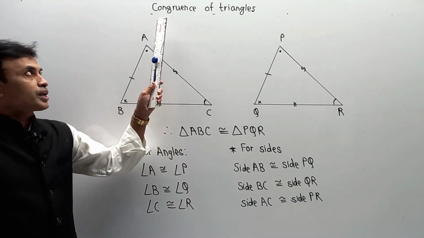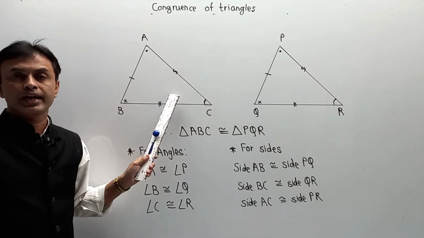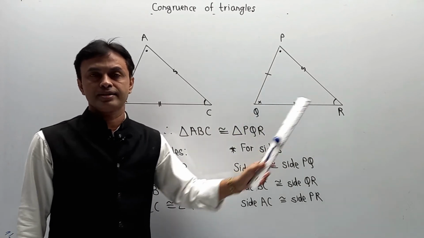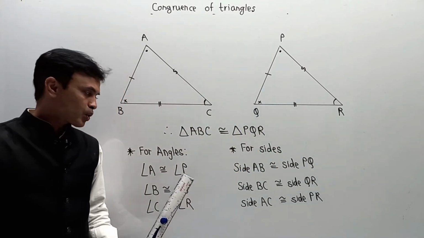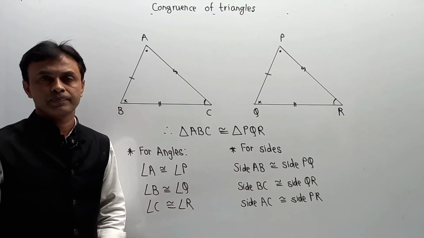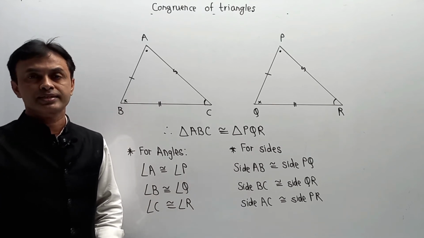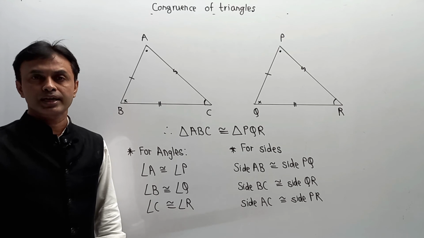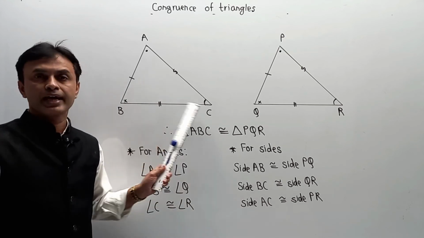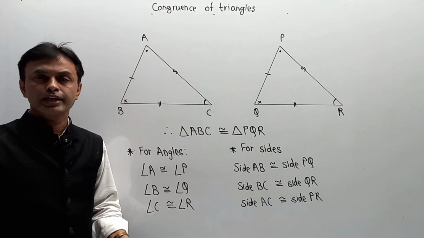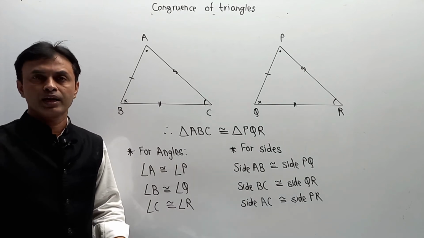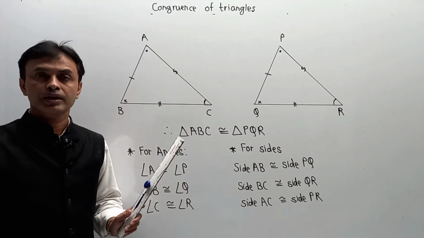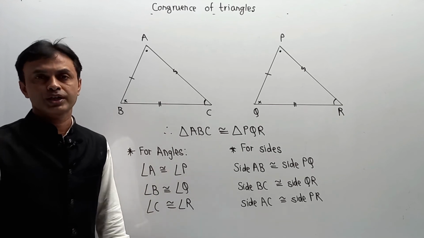Now in congruency of a triangle, for every triangle there are three sides, three angles. In that case, every time all six combinations are not required. So we developed some tests, and these are called congruency tests for a triangle. Step by step we have to understand. Among three angles and three sides, any two angles and one side, or any one side and two angles, if they correspond or are equal, then the two triangles are congruent. But which test and how to prove, we have to understand now.